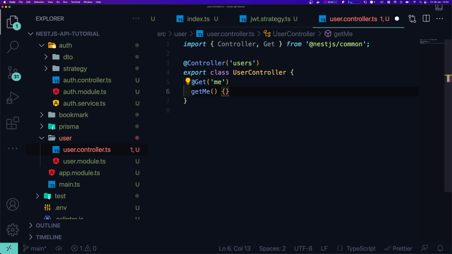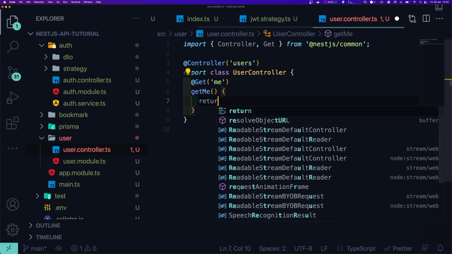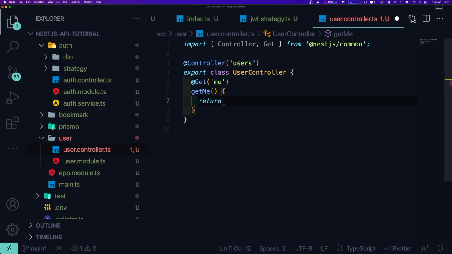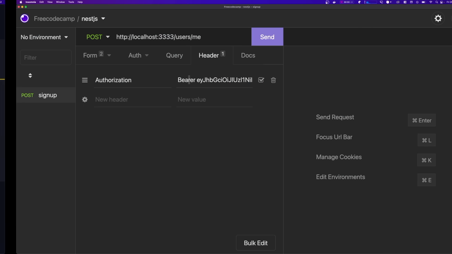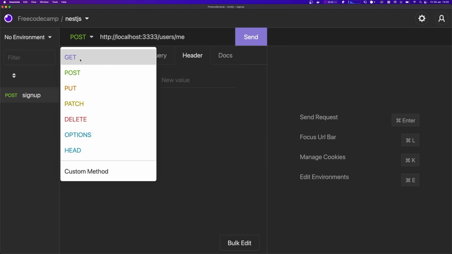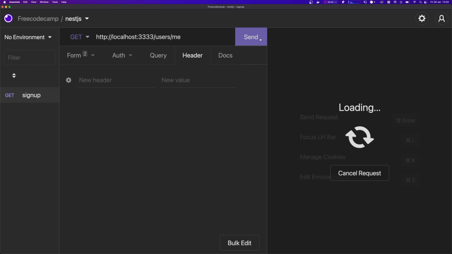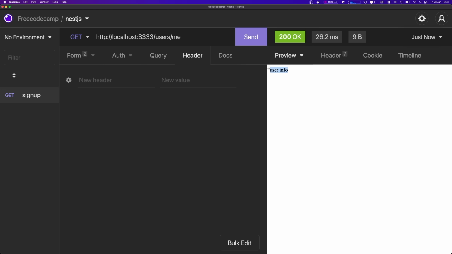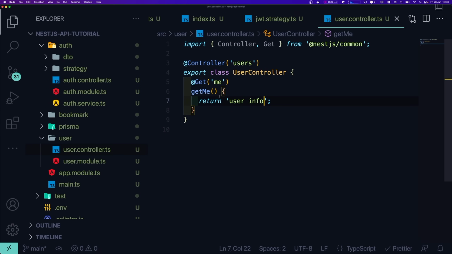And in me, we are going to return something. Return user info. It's just a string, right? Right now, we are not doing anything. And if we go back to Insomnia and call users/me, and let's actually delete that. And it's not a POST request, it's a GET request. It's going to return us user info because we have just mapped that route onto our application,